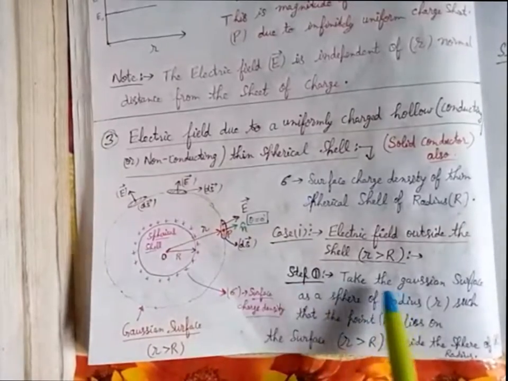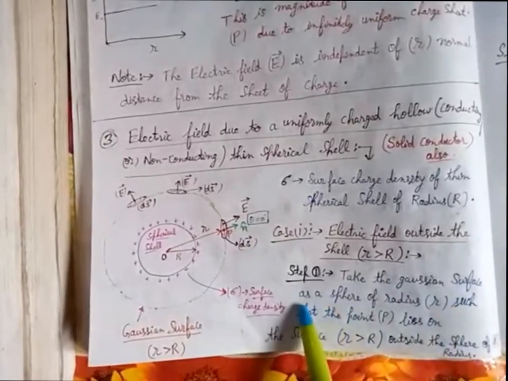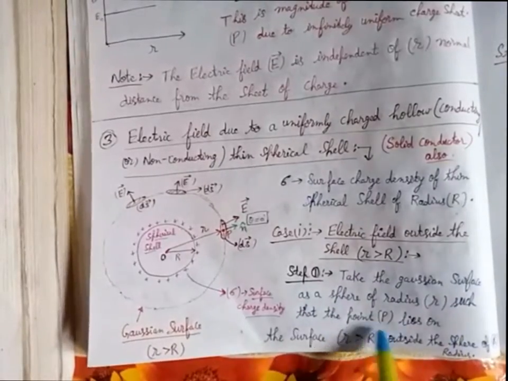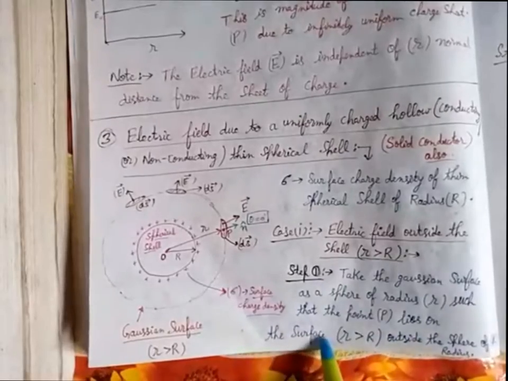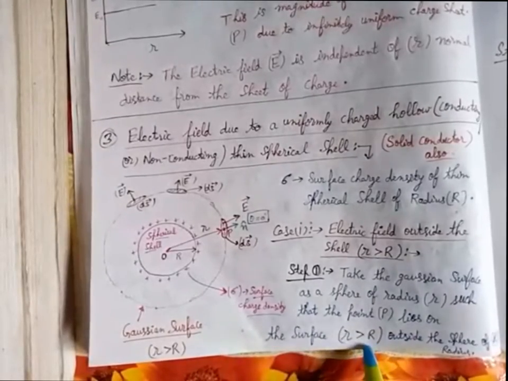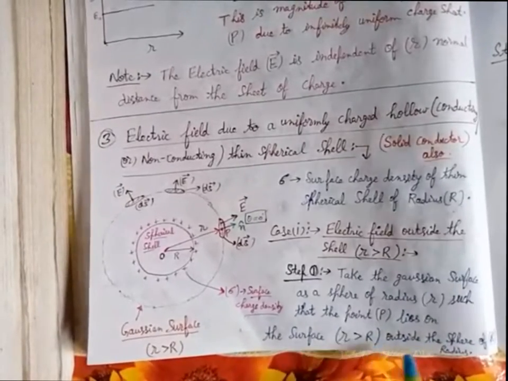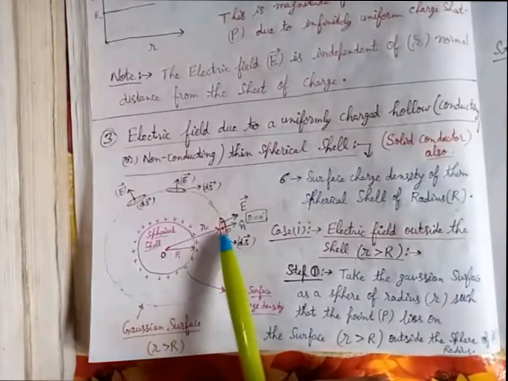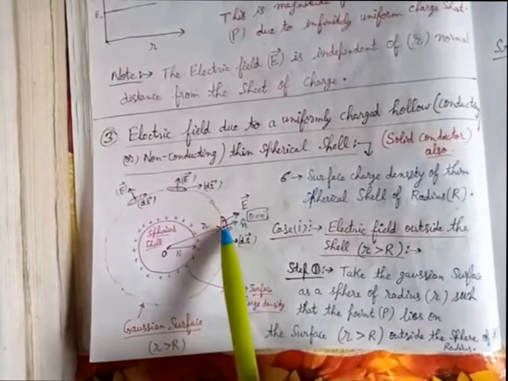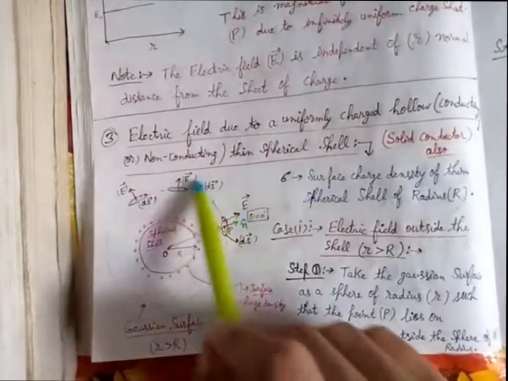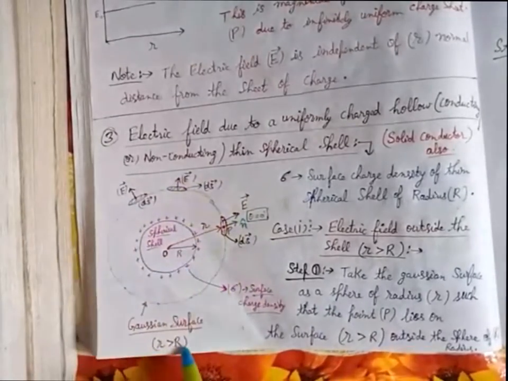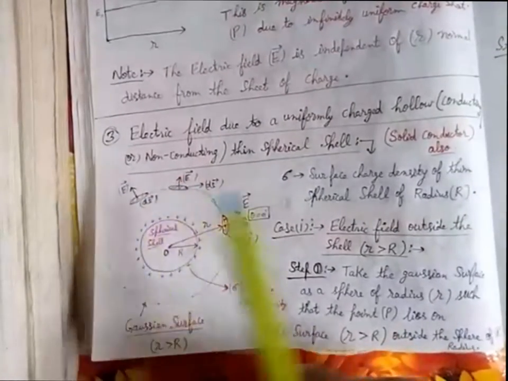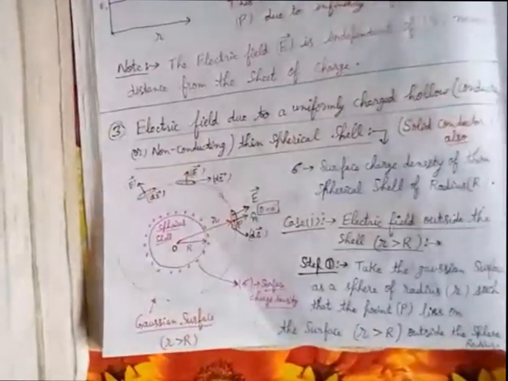Step 1 is take the Gaussian surface as the sphere of radius small r such that the point P lies on the surface, small r is greater than capital R, outside the sphere of radius capital R. It means point P is outside this spherical shell, small r is greater than capital R. This is the Gaussian surface we have chosen. Now step second,